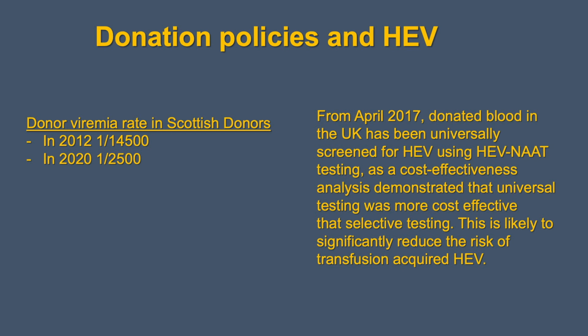So in 2016, in the UK, blood products were screened for the hepatitis E virus for products that were destined to go to high-risk recipients, so those patients who were immunocompromised. But in 2017, the practice changed, and now all blood products are screened for the hepatitis E virus. And that's because the more cost-effective approach was to screen all blood products rather than select out those destined for a high-risk recipient. In terms of solid organ donors, all solid organ donors are also now screened for the hepatitis E virus,